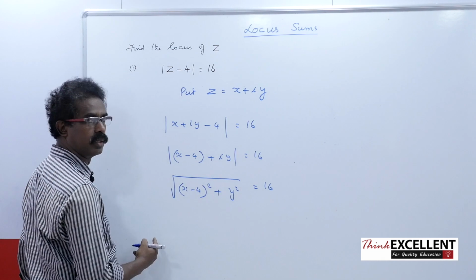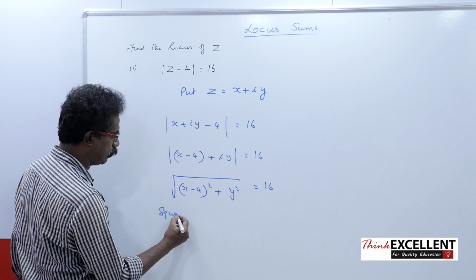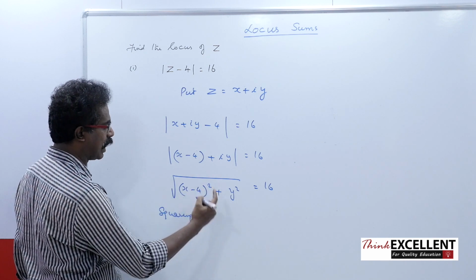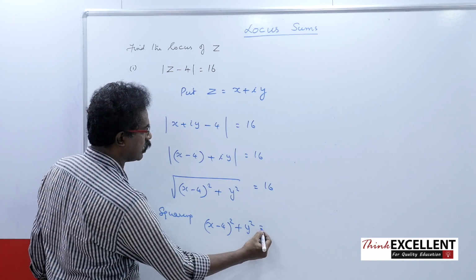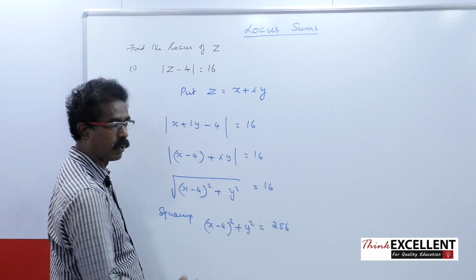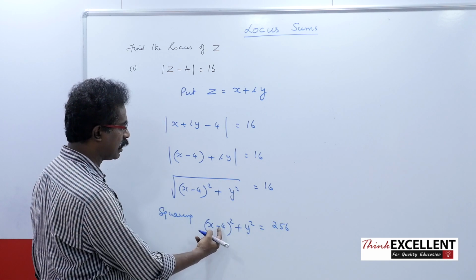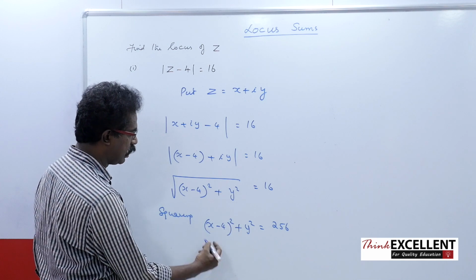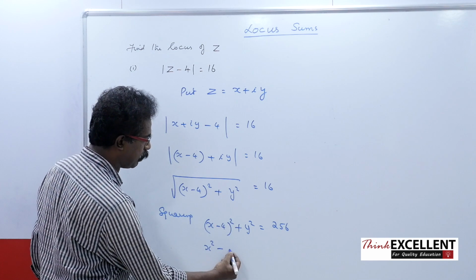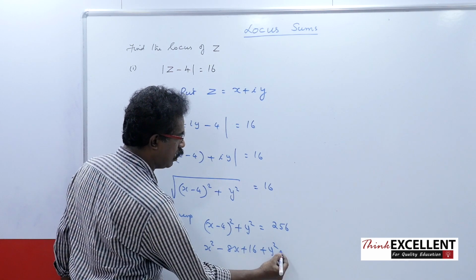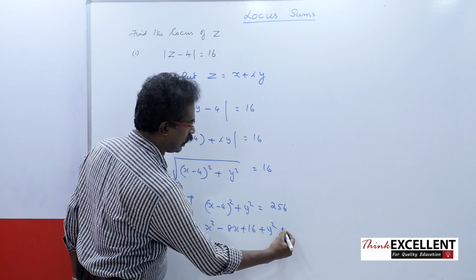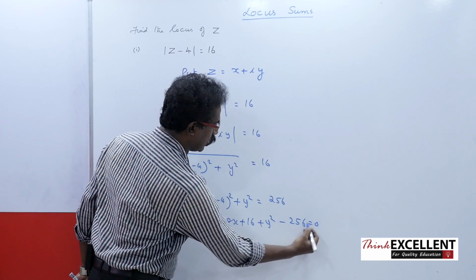To avoid the root squaring, when you square, the root cancels: (x minus 4) the whole square plus y square is equal to 256. 16 square is 256. (a minus b) the whole square, if you expand it, is a square minus 2ab plus b square: x square minus 8x plus 16 plus y square. Bring this 256 to the left side, minus 256 equal to 0, and the